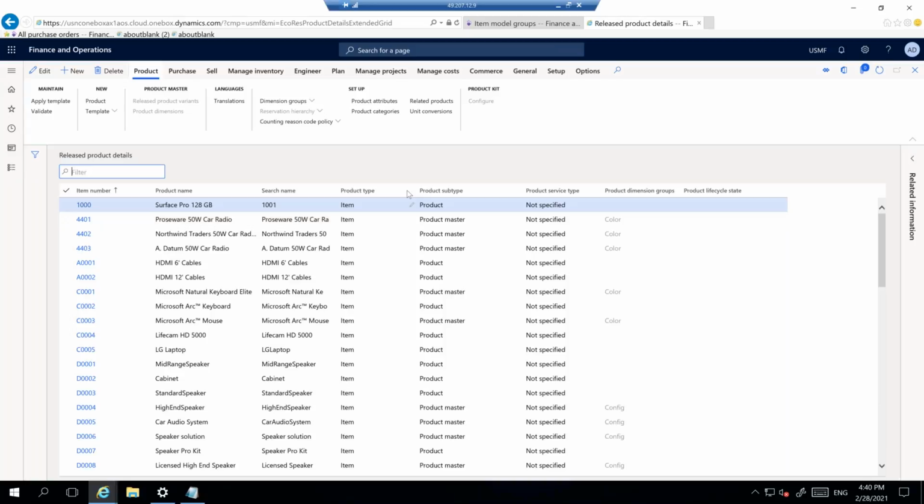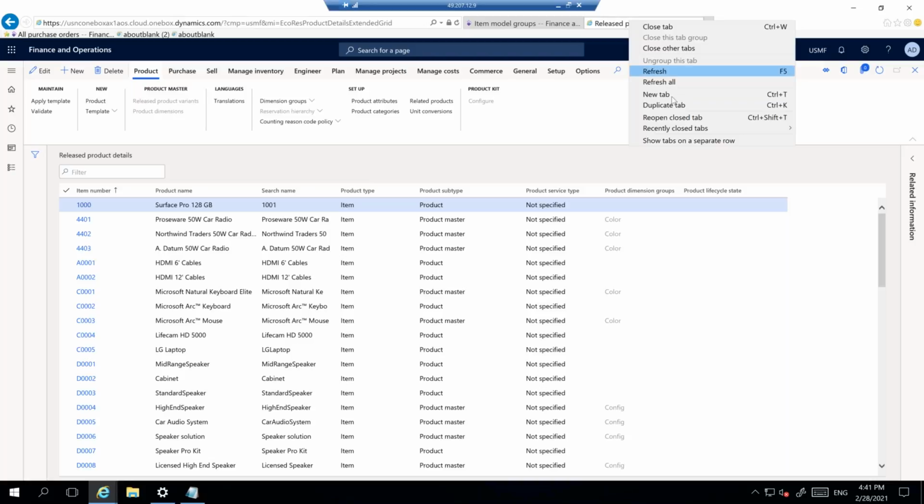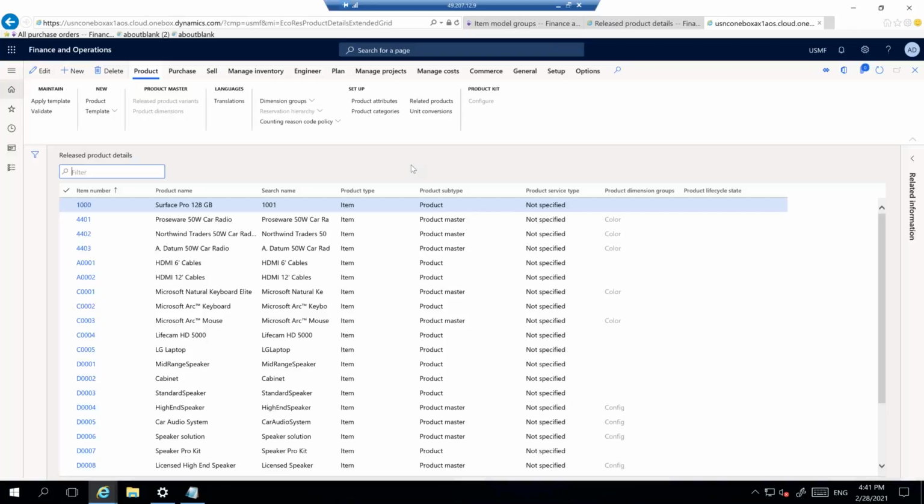So particularly for service type items, otherwise, let me take another duplicate. So if you go to